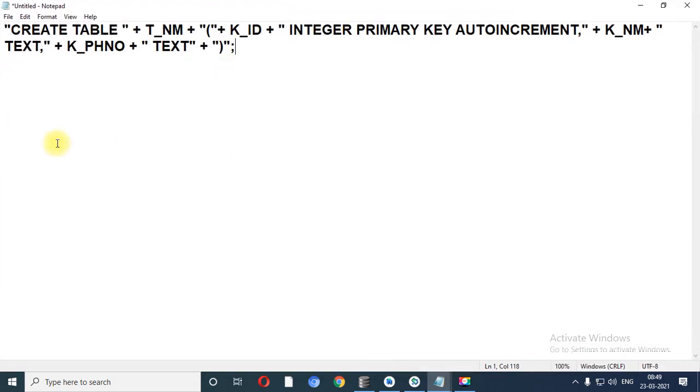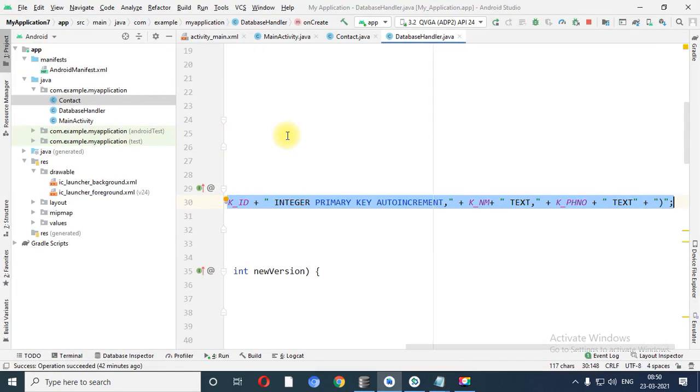See, what is our query in SQL? Create table, table name. What is the name of the table? Context, right? Then what is the value of key ID? The value of key ID is what?